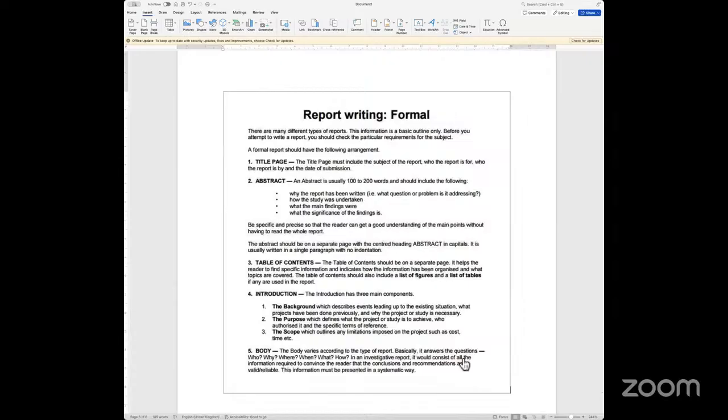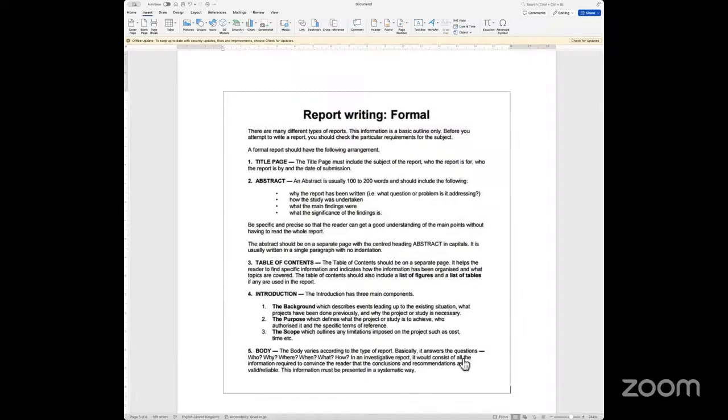Right now, if you visualize, where do you see a report? You pick up a newspaper from wherever you're going. Maybe you're on the bus, in the city center. You pick up a newspaper, the MEN or Manchester Evening News, whatever, and you read an article and you read a report. There's a difference between the two. One of the subtle differences between a report and an article is that a report is actually reporting an incident or an event which has happened in the past.